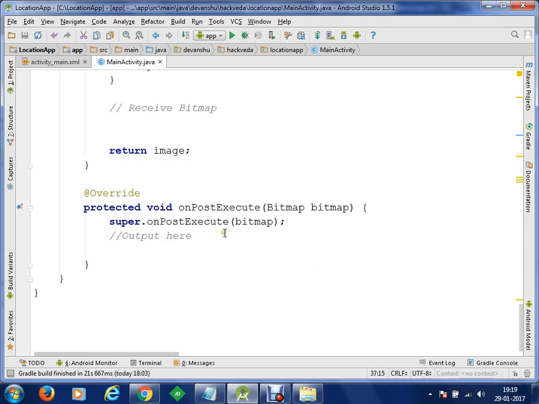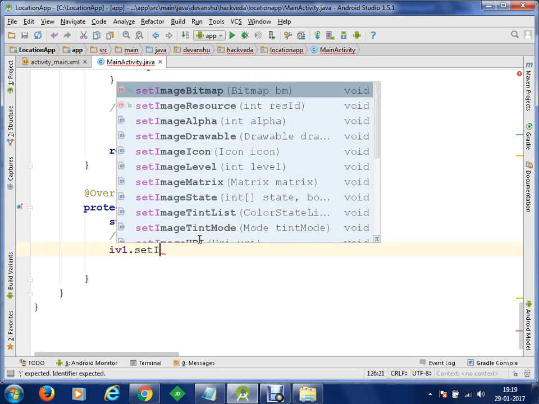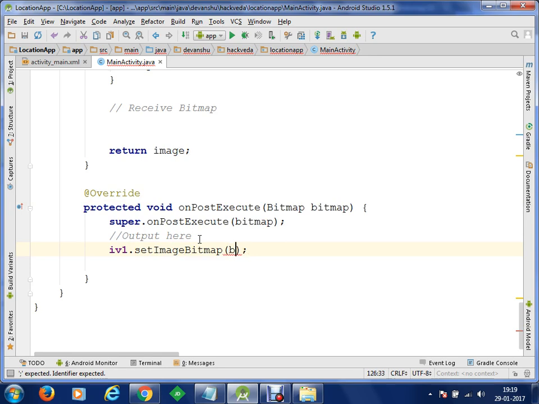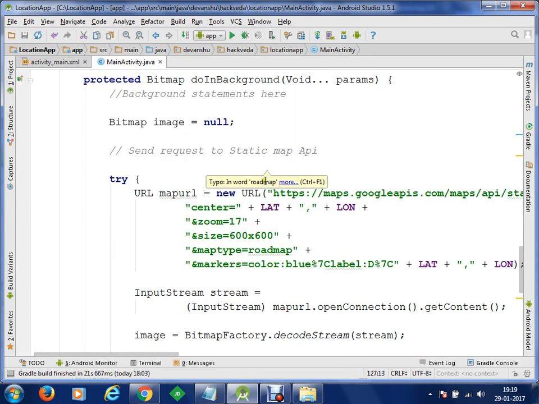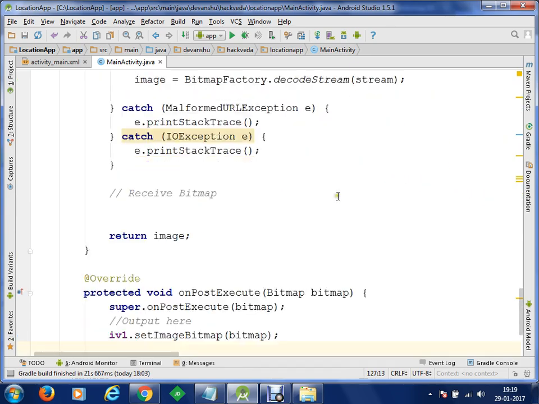Once we have the image view, since we have received the image in our onPostExecute, and this onPostExecute works on the GUI thread, we can interact with image controls here. If we put in something like iv1.setImageBitmap, I can simply display my bitmap here. So on that iv1, the bitmap will be set. Now I want to show you one more thing. In your doInBackground, you cannot access your view controls. Let's say you want to execute something like this,